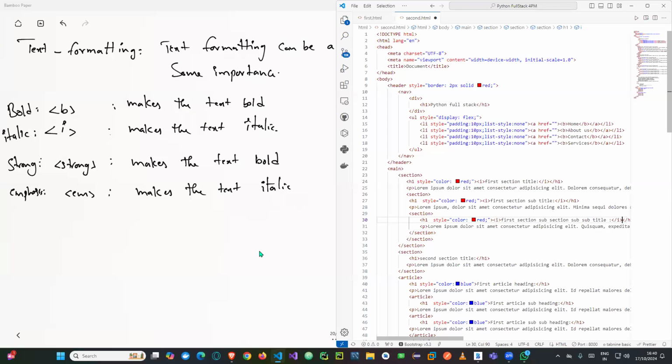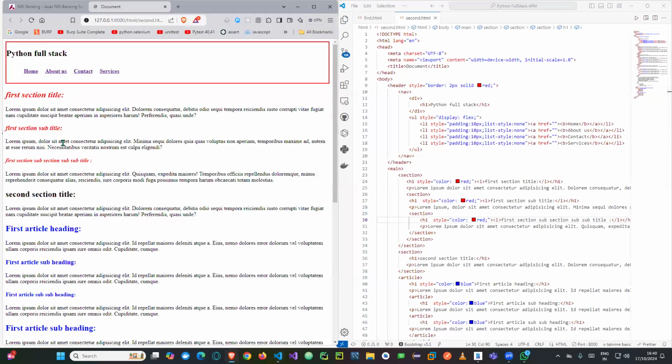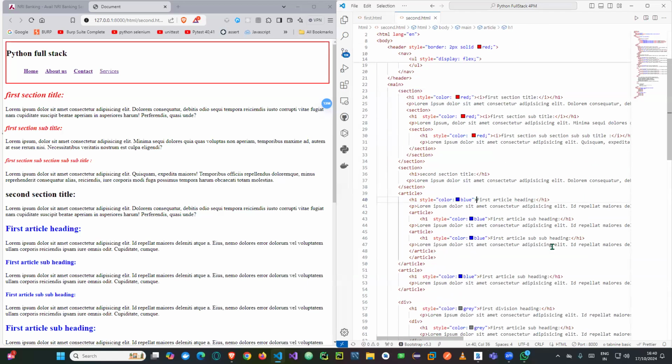Yes, sir. Yeah, good. So you can see the font has been different. I removed the last services here in the menu, so that the difference between these three and this one shows, because these three became bold by using the bold element, and the headings have been changed to italic by using the italic. And if we use the strong,